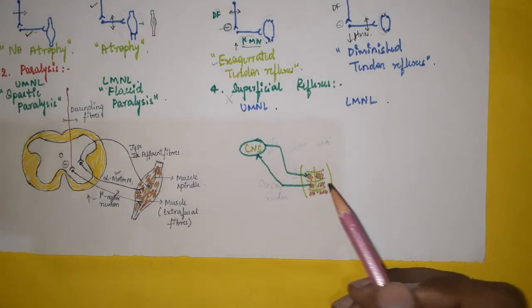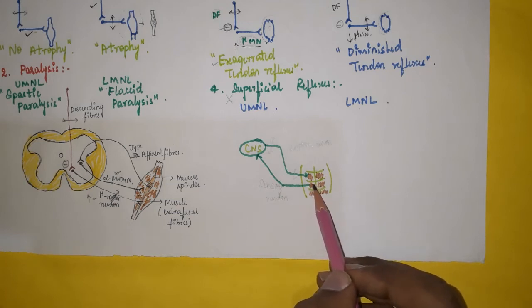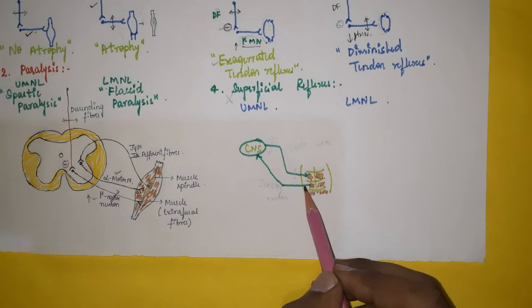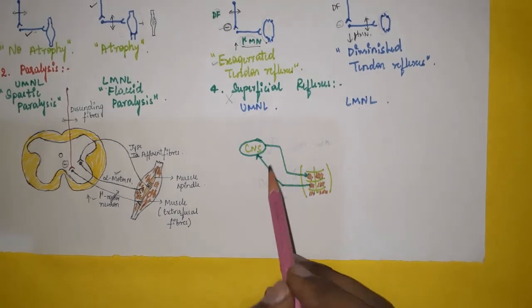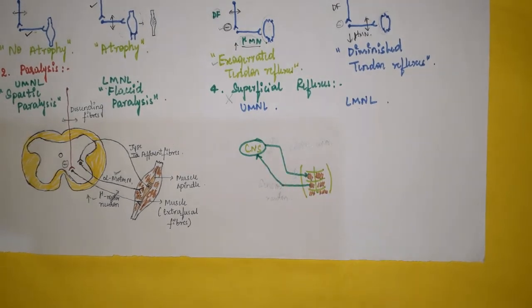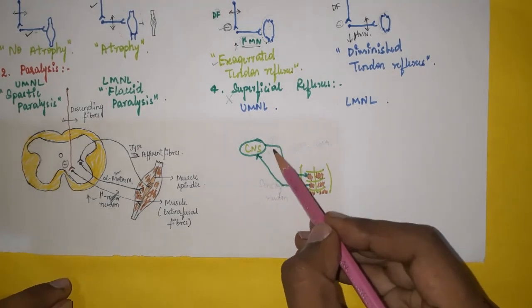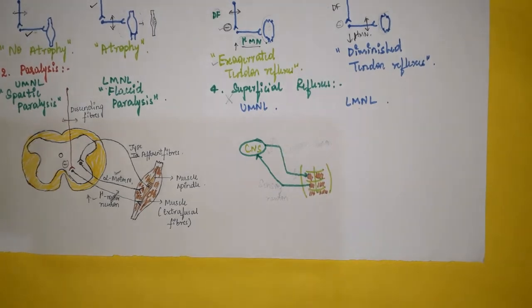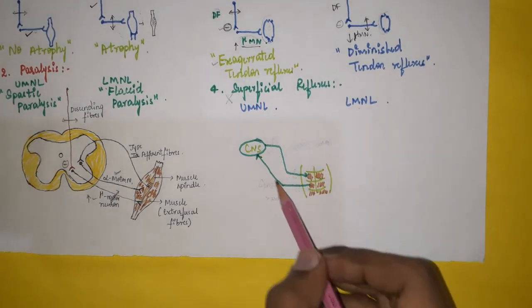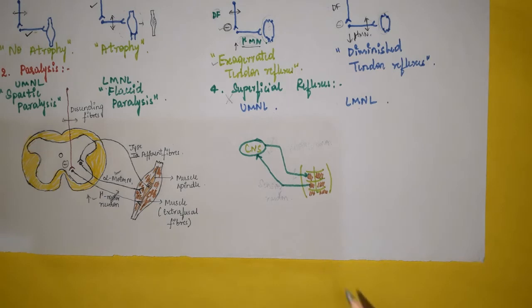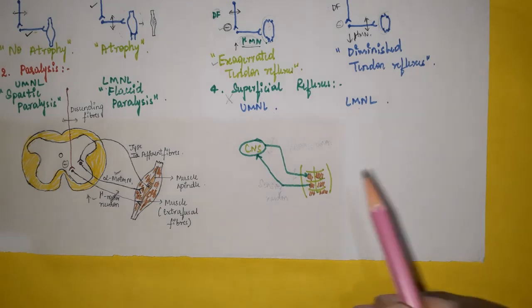These are the abdominal muscles, and if the superficial surface of the abdomen is touched by some object, then sensory information is carried to the CNS. Then the motor response is the contraction of abdominal muscle. Slight contraction occurs. If the lesion is here, an upper motor neuron lesion, then this pathway is disturbed. Now there is no abdominal reflex.